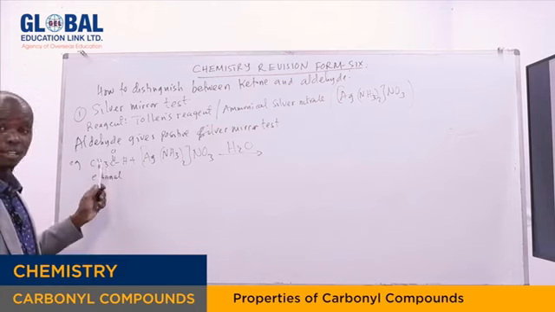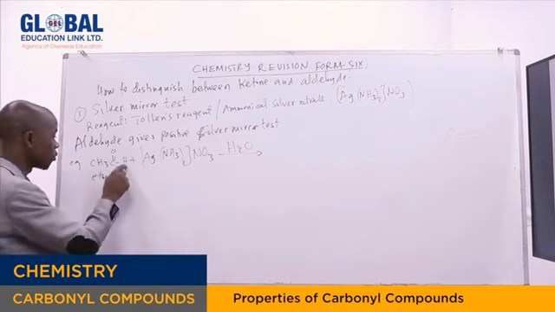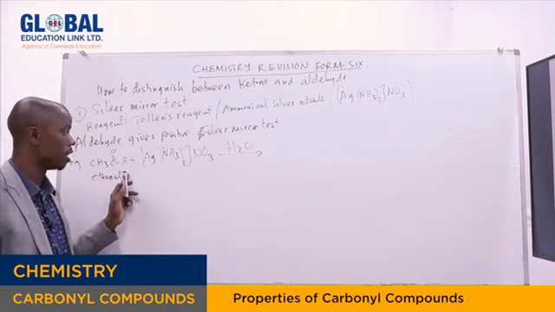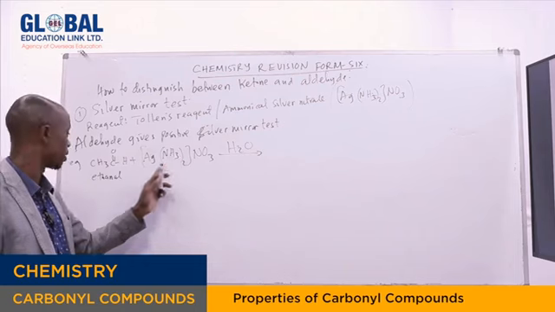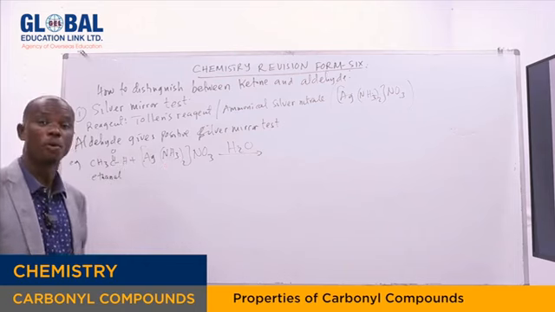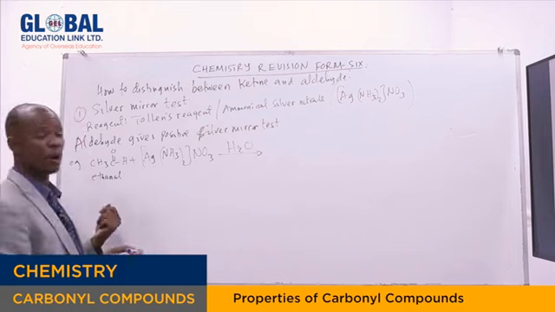Now, this aldehyde, because it is a strong reducing agent because of the presence of hydrogen atom, will be oxidized into carboxylic acid. But because of the presence of ammonia in the solution, it will react further with ammonia to give ammonium carboxylate. So here we are going to get ammonium ethanoate, which will be